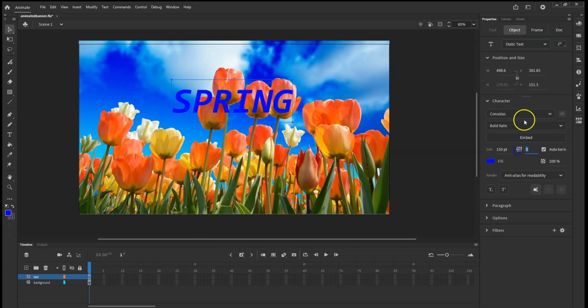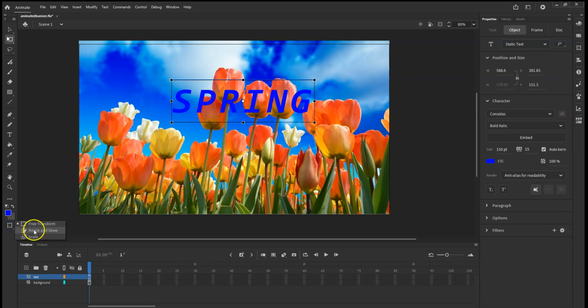Maybe I want this to be 15, just to space those out. That looks pretty nice. And when we use our free transform tool, we of course are familiar with being able to manipulate this around to resize it. In fact, if we look under our fill and stroke options here, you can see here's our free transform, and if I right click on this, we'll see we also have the option to rotate and skew or to scale,